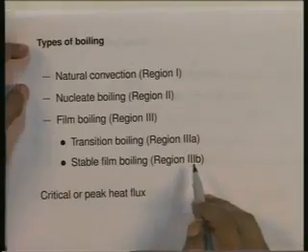The frequency of formation goes on increasing as T w minus T s increases. Then we go through a maximum, and once we have gone through a maximum, we have a region 3A, which we call the transition boiling region, in which part of the heated surface is covered by a vapor film and partly bubbles are nucleating. And finally, we have so many bubbles forming so close to each other that the whole heated surface is covered by a stable vapor film, which separates the liquid from the heated surface, that we call the stable film